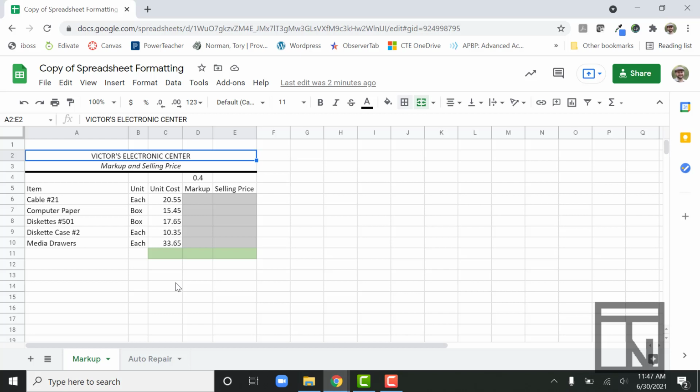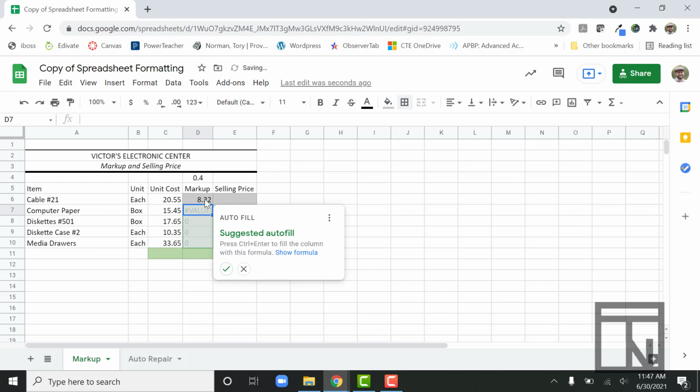So this company has decided that they want to make 40% of the cost as a markup price. So all a markup is, you're taking a percentage of the cost and saying that's how much money I want to earn. So all we have to do is multiply the unit cost by the markup,